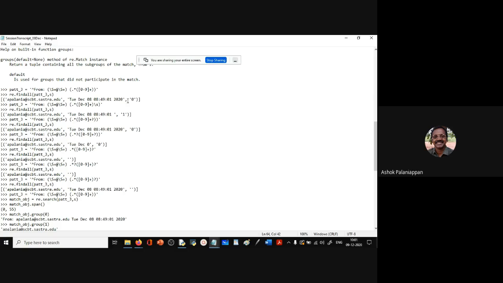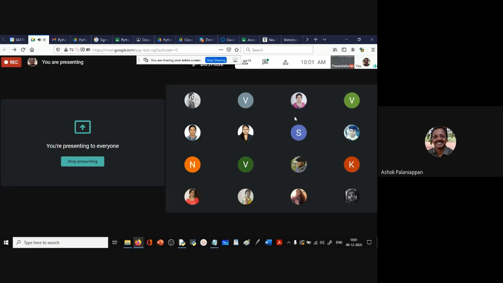So in the task script, there is a small extra element that you might observe. If you do observe it, it will have you puzzled, and this is the explanation for it. There are 3 groups and it's returning the third group. The third group happens to be a victim of the greedy matching of the second group. So the third group is just 0, 1, and somewhere it is just a space. We can easily work out why it is like that. All right, so now we are ready. Are there any more questions?